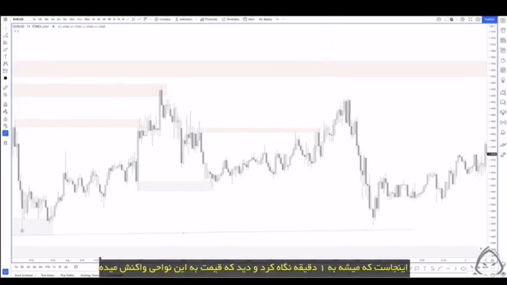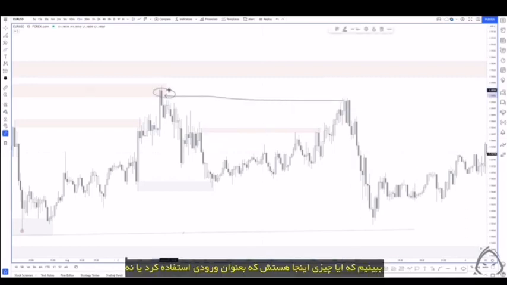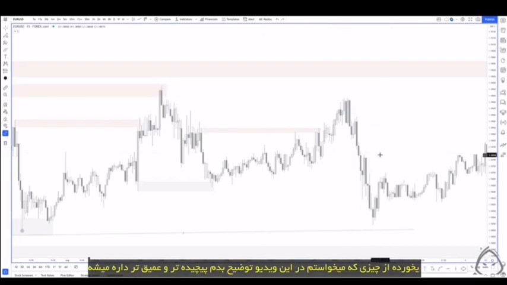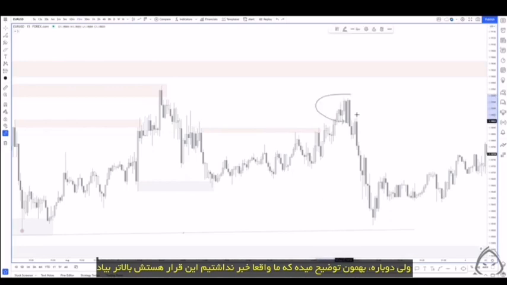But again, this is where we start to look at the 1 minute, and we can start to see price reacting off of these areas. See if there is something that would rest within here to look for entries. It's getting a little bit more involved or a little bit more in depth than what I want to do in this video. But again, it's just explaining that we would not have really known that this was going to